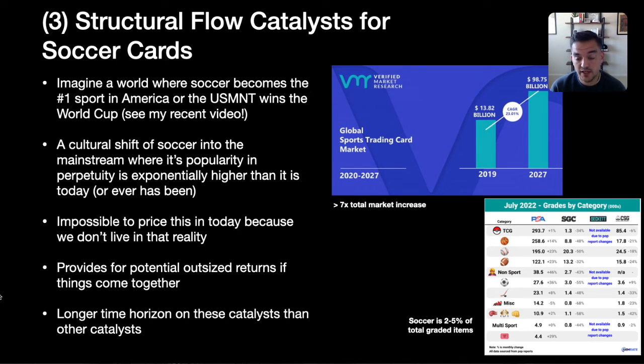returns. Now, is that guaranteed to happen? No. It's also not guaranteed that you'd pick the right cards to be able to realize those gains. There's a lot of things working together here. This also involves a longer time horizon than other catalysts, whereas with a player doing well in the World Cup, you could see a short-term spike. These structural shifts take time not only to happen, but they take time for the market to realize that they're happening or that they've happened. And then it takes time for the market to react and price in the results of the structural